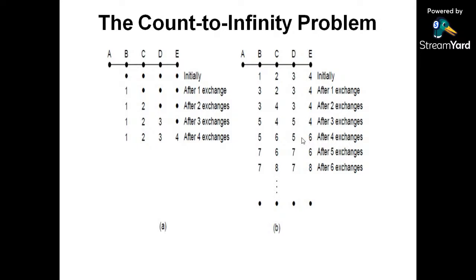Now this is the count to infinity problem. So first we initialize all the nodes. They synchronize after one exchange. 2, 3, 4, 3, 4,